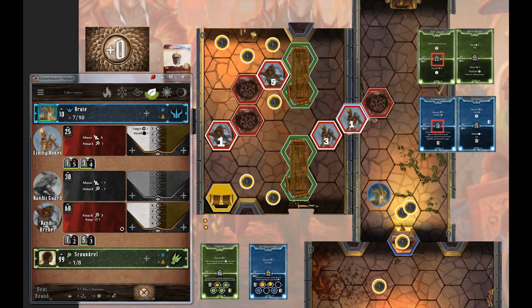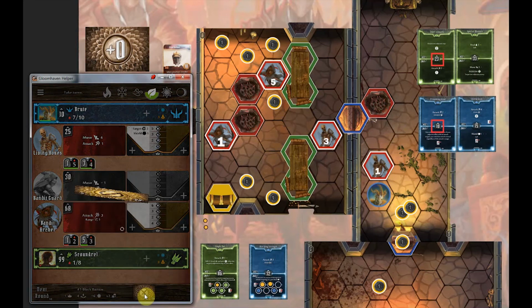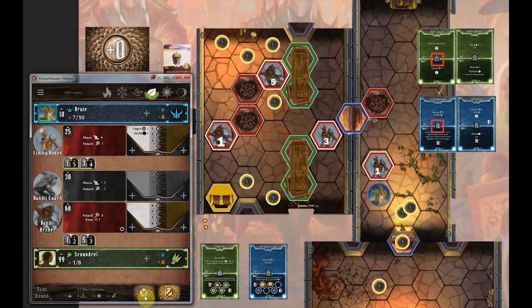Living Bones number 1 is going to move 1, 2 spaces, and he's going to attack for 1. Now we have 2 shields, so he's going to have to get super... Not the attack I would like you to have missed on, but anyway, it's a 0, so...